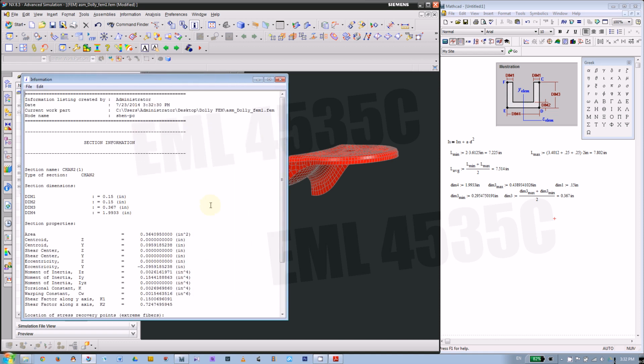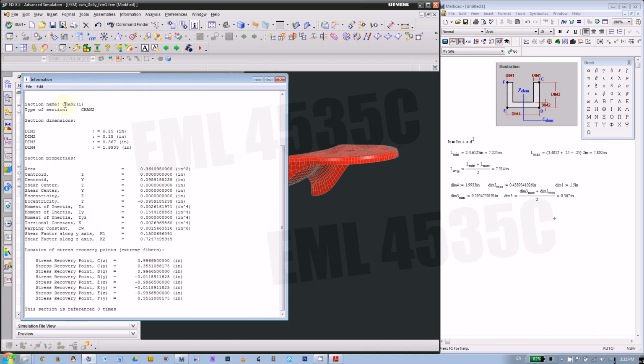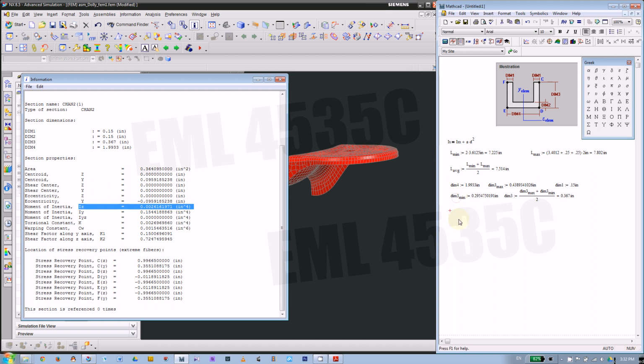That's the property of your section, channel 2, and we're looking for IZ. In my equation that's X, but we're doing this on the Z direction, so IZ is